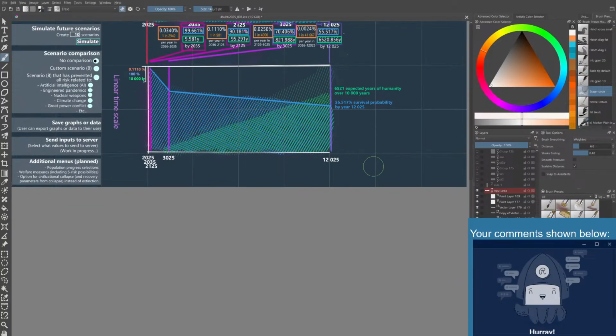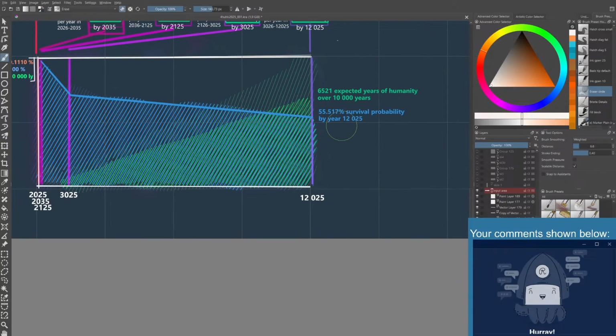I think one of the reasons why I also want to switch away from this representation is that it shows this kind of increase. It's always increasing over time. So